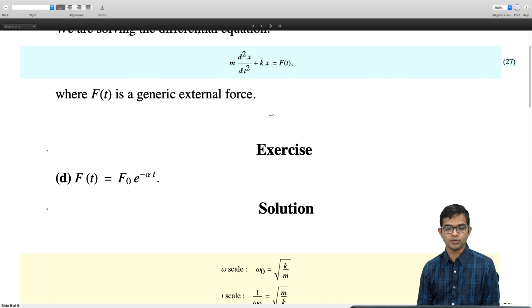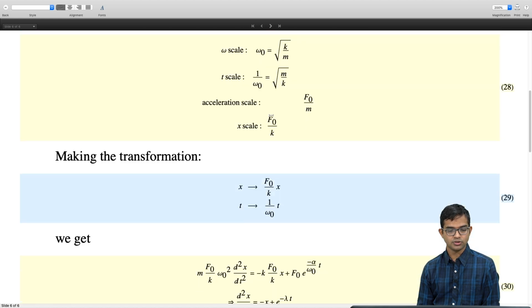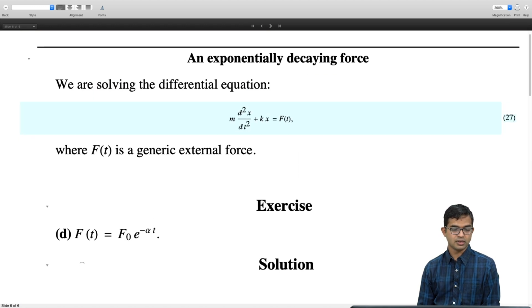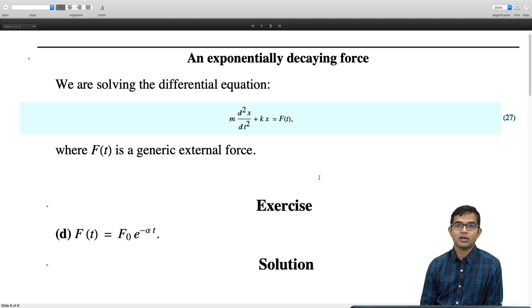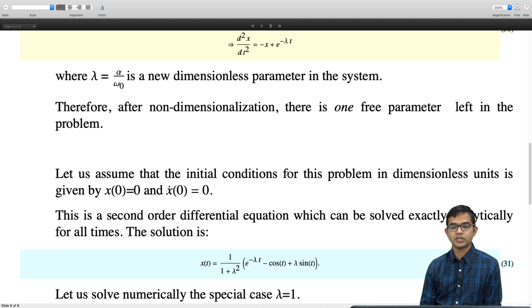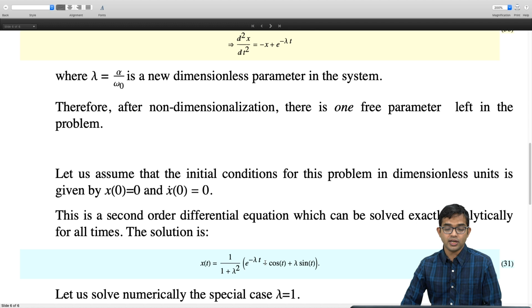By the way, the case of lambda equal to 0 is interesting. So what does it mean? If I put lambda equal to 0 in my original equation, lambda is the same as alpha basically in units of this omega naught. So if lambda is 0, that's basically like alpha is 0, and that means basically f of t is f naught. And is this a problem that we already know how to solve? Yes, we just did it in this very module. And then you expect the solution to be just 1 minus cos t, right? And that's what we are recovering, this solution.